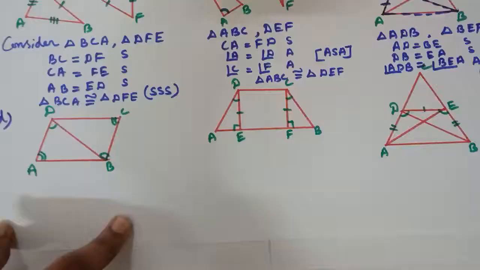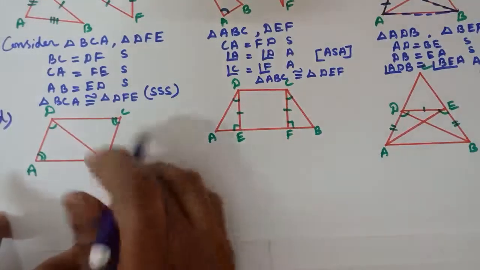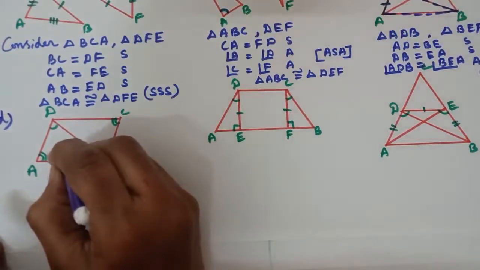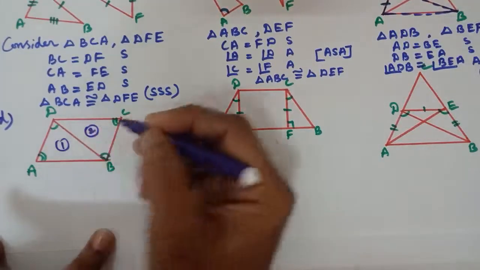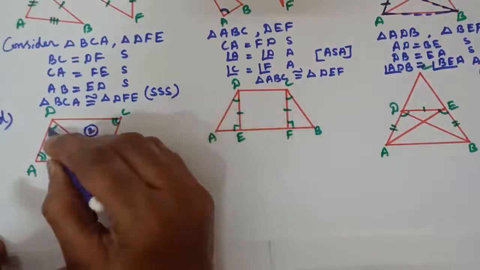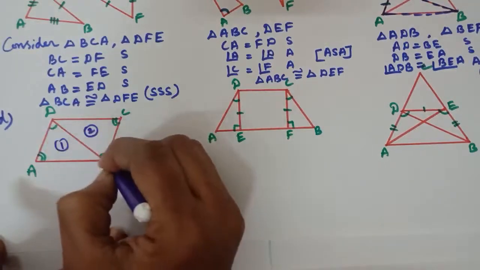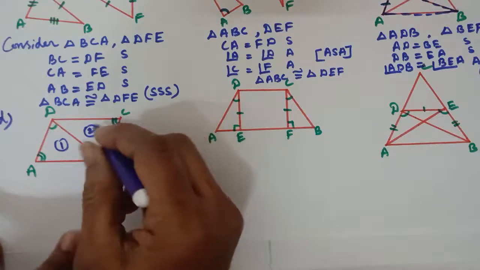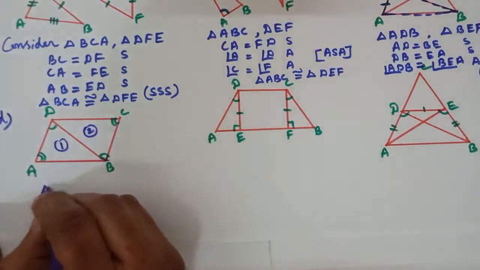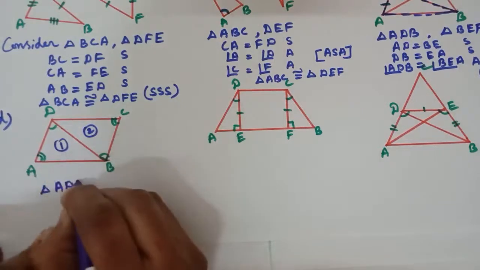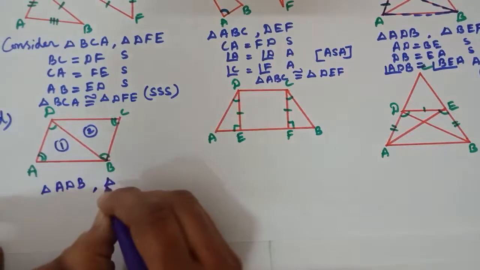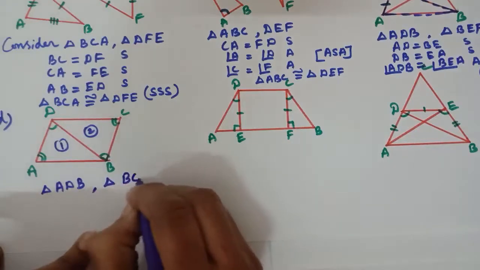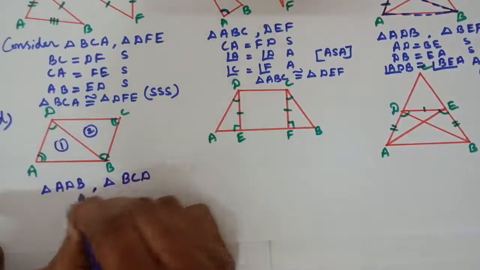Then listen students, now let's move to D subdivision. Here I have taken, this is first triangle, this is second triangle. Already we are given with these two angles are equal and these two angles are equal, opposite angles are equal. So here you just consider triangle ADB. This is first triangle, triangle ADB and triangle CBD, or otherwise BCD, no problem. BCD. You just consider these two triangles.